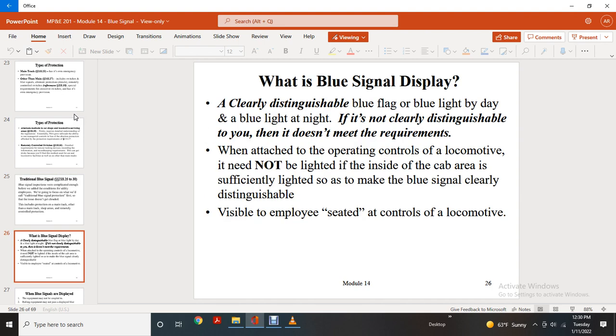What is blue signal display? A clear, distinguishable blue flag or blue light by day, and a blue light by night. If it is not clearly distinguishable, it does not meet the requirements attached for the operating control locomotive. It must be lit inside the cab area with sufficient light for the blue signal to be clearly distinguished,